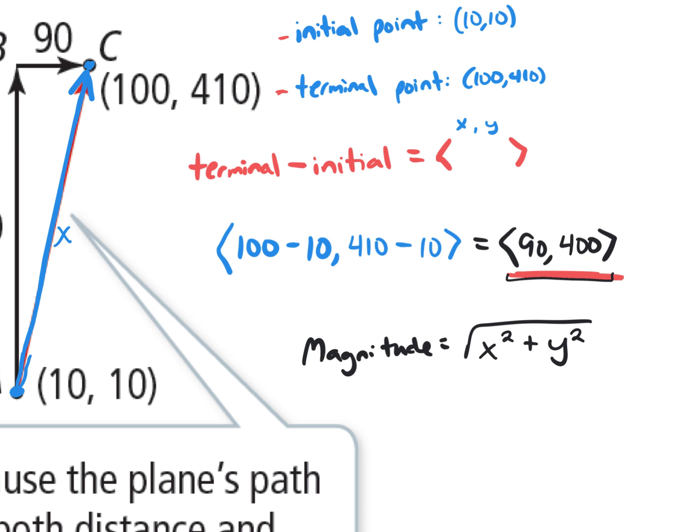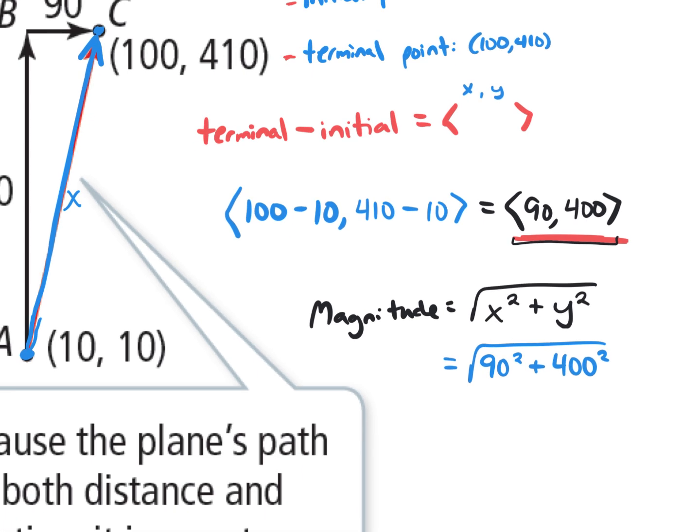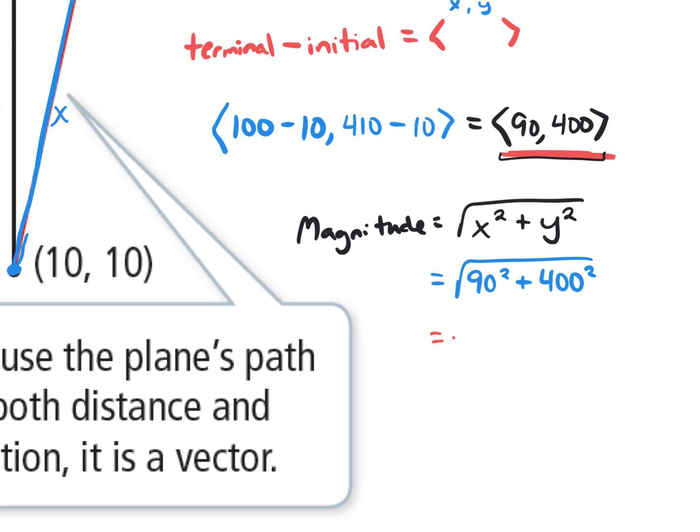So if I plug values into there, what is my x value of my vector? What's the x value of this vector? 90. So we have 90 squared plus. What's the y value of my vector? 400 squared. Now we just evaluate from there. What is 90 squared? 8,100. Plus 400 squared,